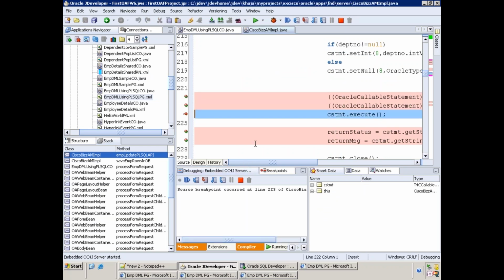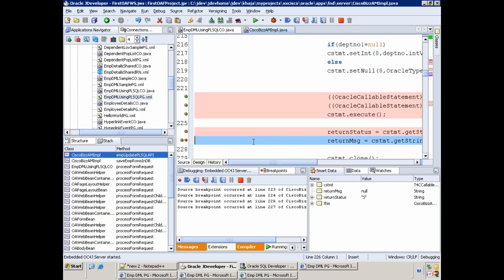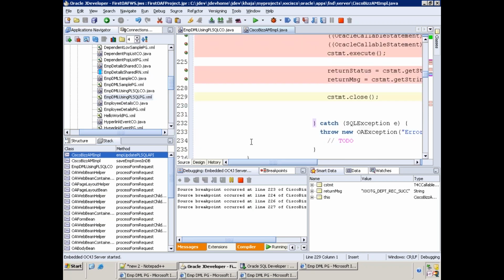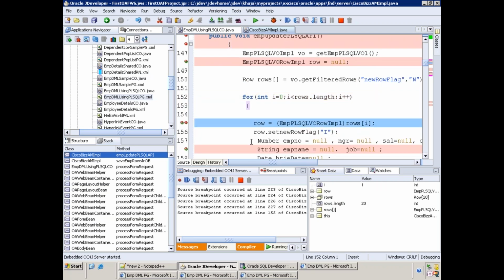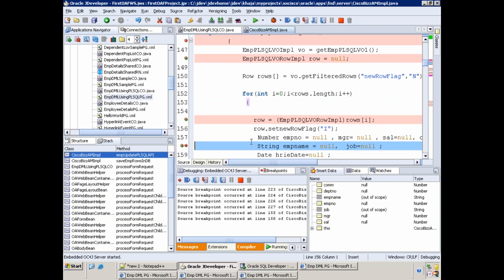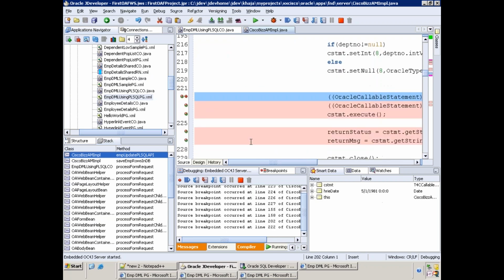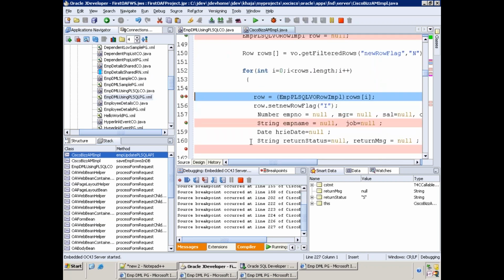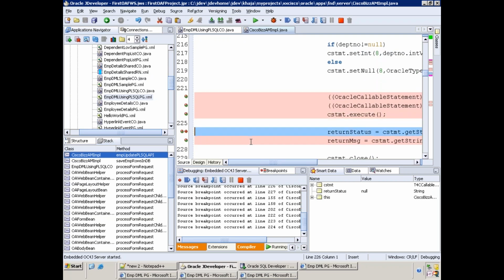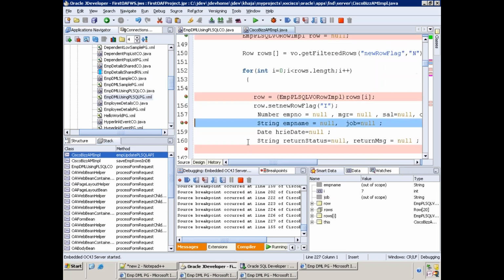Press F8. No issue. Return status success, right? Again F8. It's not giving any issue, I guess.